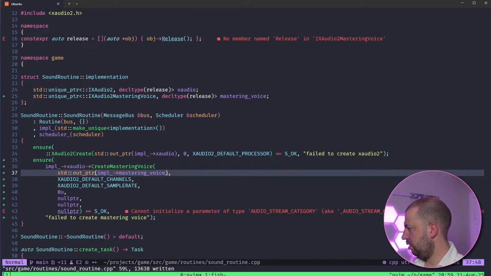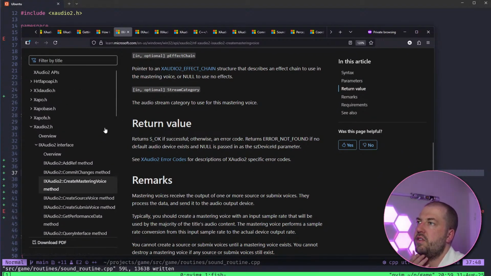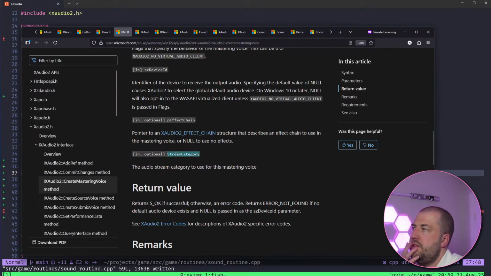Okay, what was the... Oh, interesting. Okay, fine. So I missed this one here. This is an object, so it's not a pointer. And it's optional, but it doesn't tell you what optional looks like for a value type.